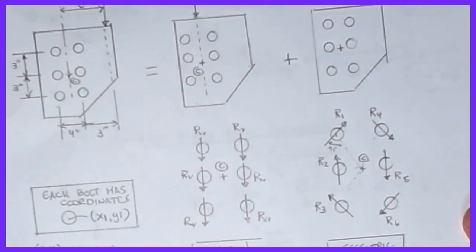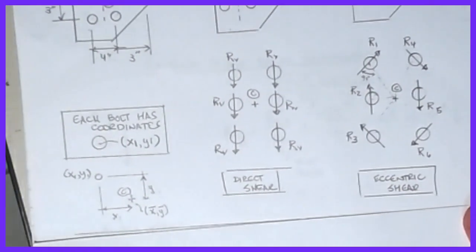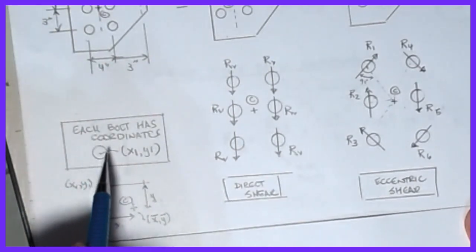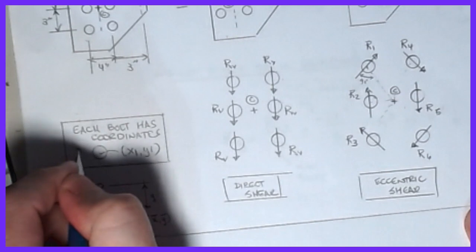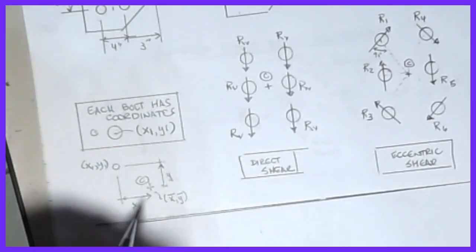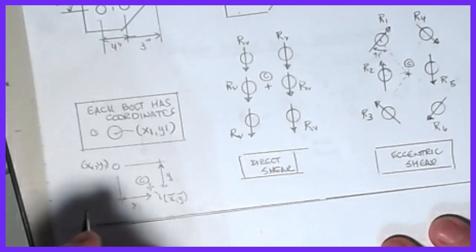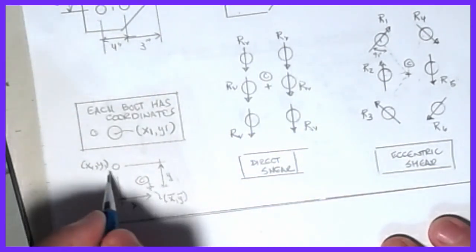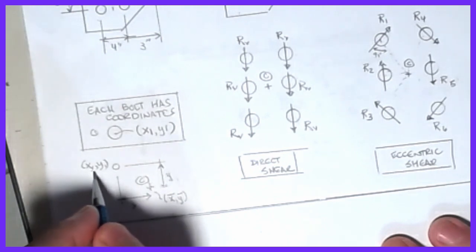Now from a design standpoint, a couple of things that we know is that each bolt has its own pair of coordinates. So bolt number 1 will have coordinates of x1, y1. And then we will measure the distance. If this is the center of the pattern, and this is the coordinates of x1, y1,